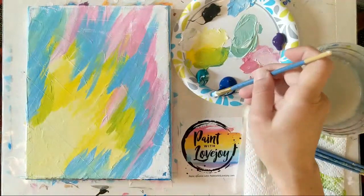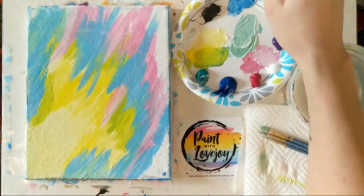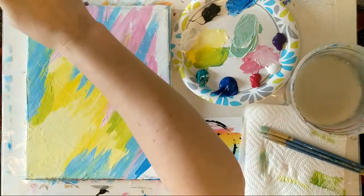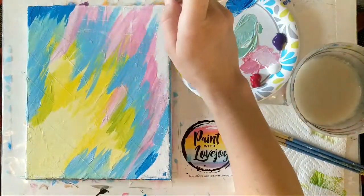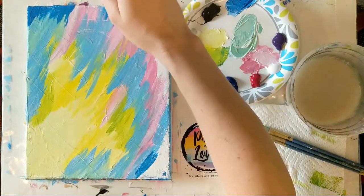All right, so now we're going to go for a little bit darker blue, and then I will be adding some purple to this. Let's go a little bit darker. And if you're painting on a stretched canvas, carry that color over the tops, the sides, and the bottom of your painting. It just looks that much nicer when you hang it on the wall, having that color wrap around